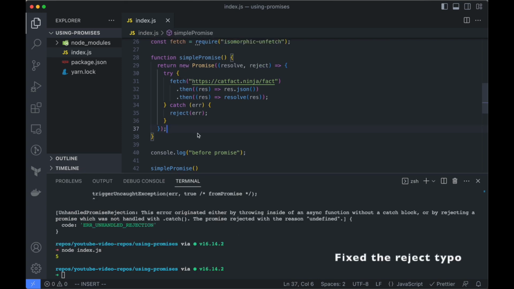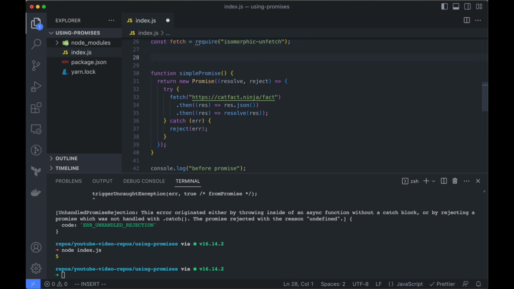Now that the code is written, we can actually simplify this code a lot by a modern syntax of async await. To make a function asynchronous, just use the async keyword with the function. So you can just do async function simple promise async,